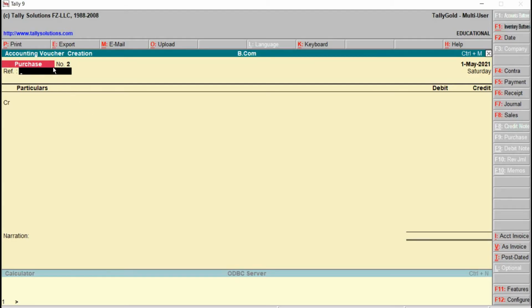Purchase voucher number 2. Reference number we will provide here 456, because for the previous voucher we have given 1, 2, 3. Then credit, here we have to go for creating the sundry creditor, the supplier.